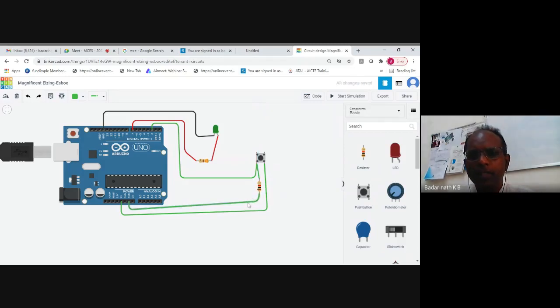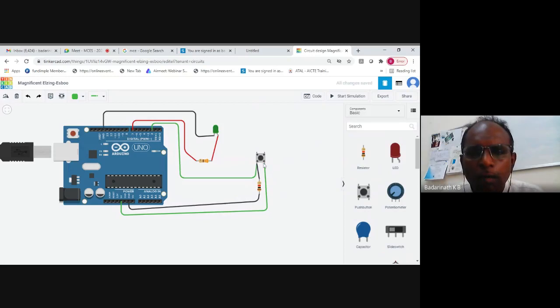So, okay, I have finished. So this is a ground. I'll just change the color to black. So I have connected this point to ground. This clearly indicates that I am pulling down this point to ground. That means when you do not press the switch, since the signal is floating, this wire is floating. So to avoid the floating and picking up noise, I am permanently connecting that point to ground. If you don't use a resistor, what will happen? Permanently, it will be 5 volts, and permanently it will be ground only. Even when you press the switch, ground and 5 volts will get shorted and your board will go away.